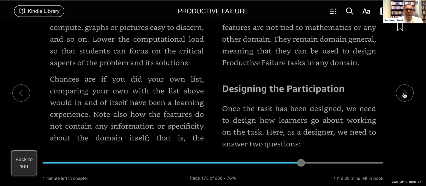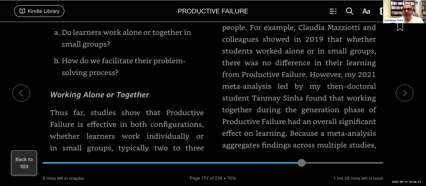Working alone or together? Thus far, studies have shown that productive failure is effective in both configurations, whether learners work individually or in small groups, typically 2 to 3 people. For example, Claudia Mazziotti and colleagues showed in 2019 that whether students worked alone or in small groups, there was no difference in their learning. However, in 2021, meta-analysis led by my then doctoral student, Tanmay Sinha, found that working together during the generation phase of productive failure had